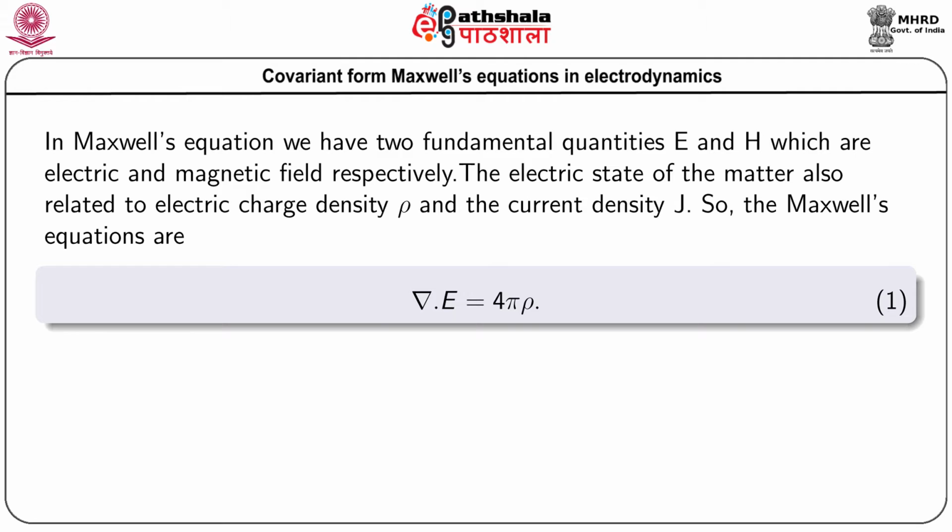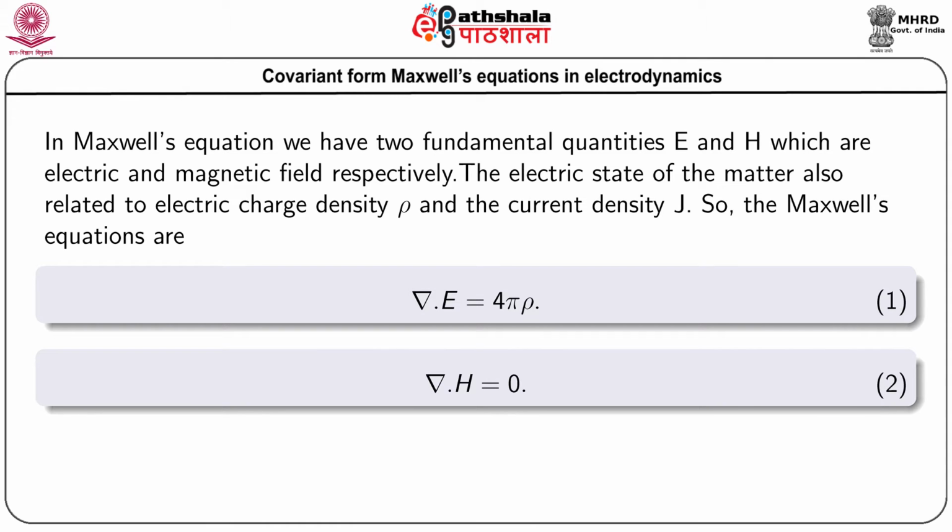Now, electromagnetic field tensors is obtained from the Maxwell's equation, where we have 2 fundamental quantities E and H, that is electric field and the magnetic field, and the electric state of the matter also related to electric charge density rho. So, rho is the electric charge density and the current density is denoted by J. So, Maxwell given the equations in 1861,